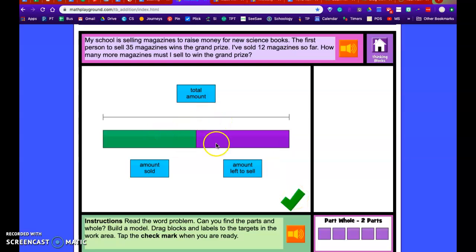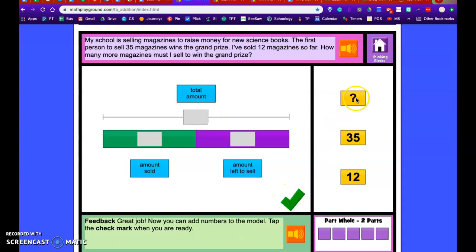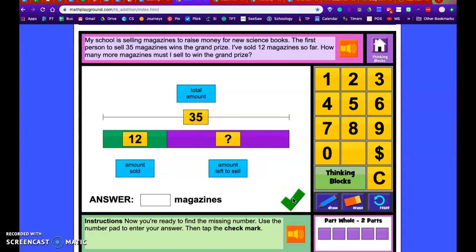So once I get my parts in place, I can click on this green check mark. Then it brings the numbers over here for me to drag over. Total number would be the 35 magazines. Okay, I have already sold 12 magazines. How many more must I sell? So when I'm ready, I will click on the green check. Okay, then it brings over